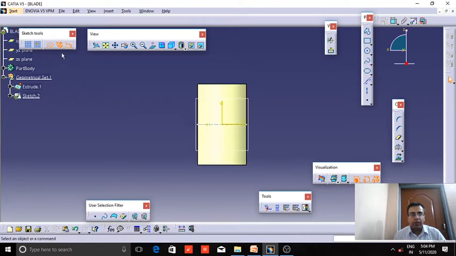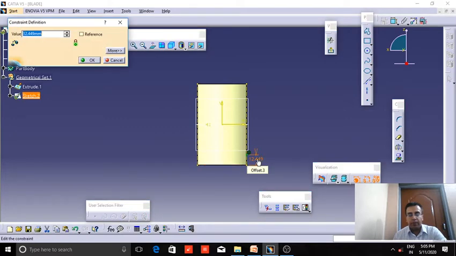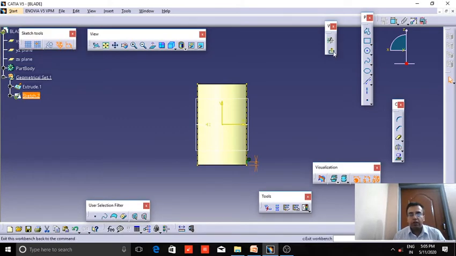Now what happens if I have not selected the snapping lines? For example, let me show you. जैसे मैं यहाँ एक point draw कर रहा हूँ, so we can see here it is not getting snapped here. So in order to do so, first of all, I will take the projection lines and then I will draw the point so that the point should lie properly on the edge. So I will draw the point. Now the distance of the point from the bottom edge is being mentioned as 4 mm. From here the curve will start.